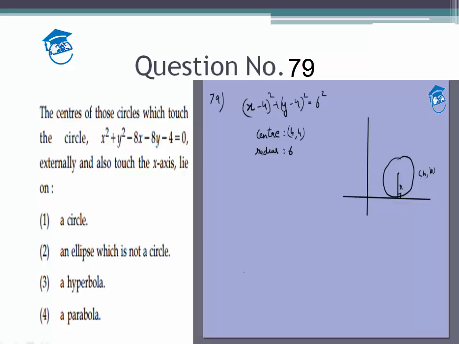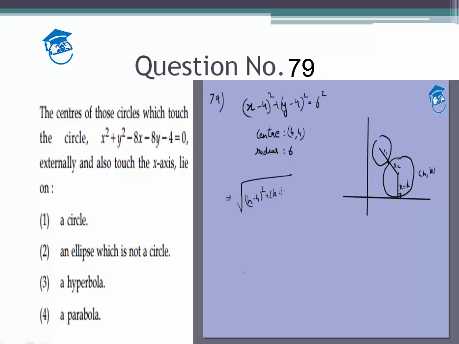So we know that if the circle has a center (h, k), then the radius is also equal to k. So for (h, k), we need to find an equation involving h and k, and it touches this particular circle. We know what happens if two circles touch. Let's say these are touching. The distance between their centers is equal to r1 plus r2, which means root of (h minus 4) whole squared